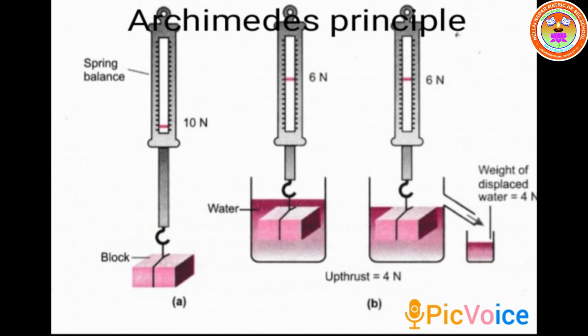Once again, the weight of the object in air is 10 N. The weight of the same object in water surrounding is 6 N. So what is the loss of weight? 4 N. When you immerse the object in water, the water will be displaced. That you know well. When you collect the displaced water and measure its weight, that weight will be 4 N, which is how much is lost when the object is completely immersed in the water, which will be equal.